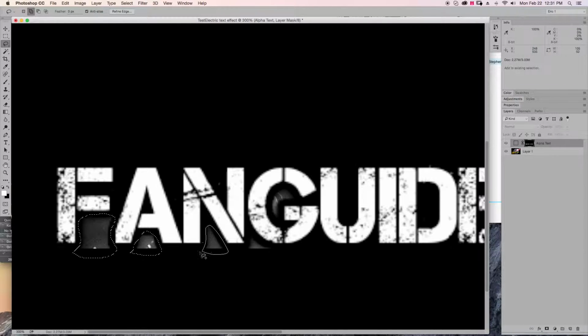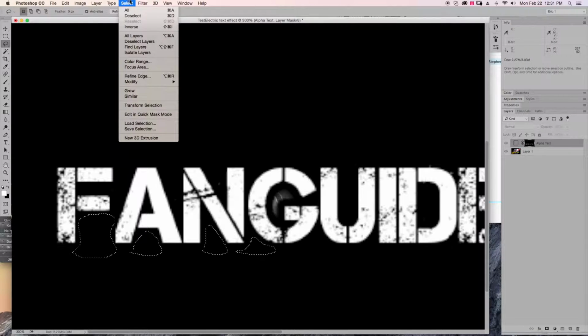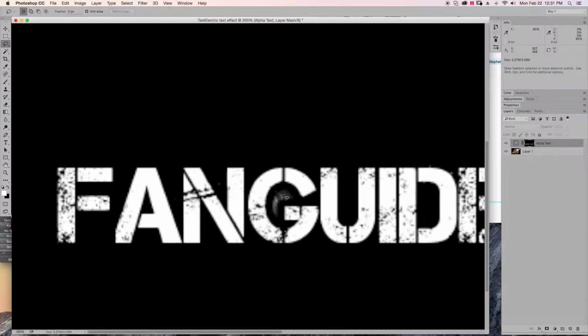Shift and click and drag, click and drag and shift, and I can just press delete in here to delete those elements. Now I want to deselect my mask, which is Control D, and I want to go to burn,